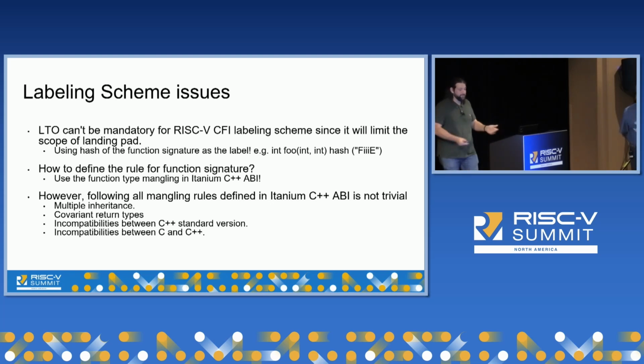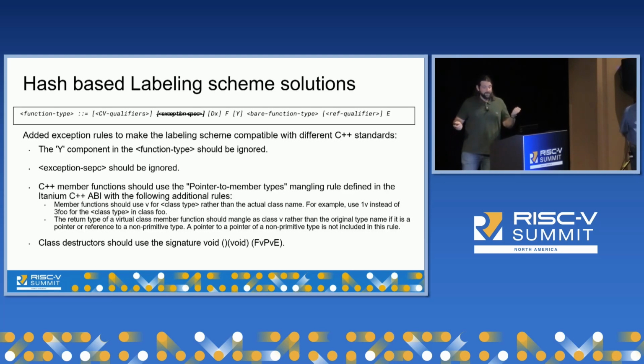And of course, you have incompatibilities between C and C++ in mangling rules. What Quito, who worked on these things, did was add some exception rules in order to make the labeling scheme compatible with all the different C++ standards and the differences with C, and all these issues on supporting symbol mangling